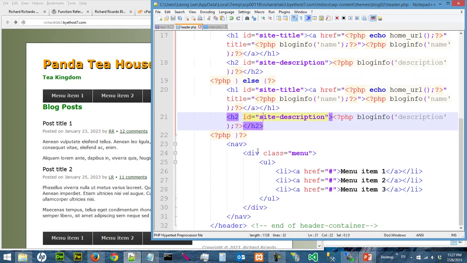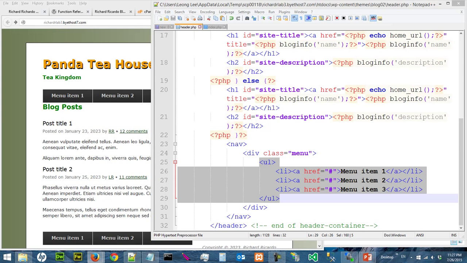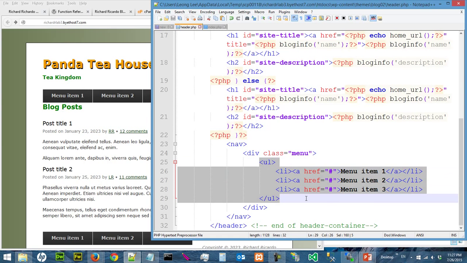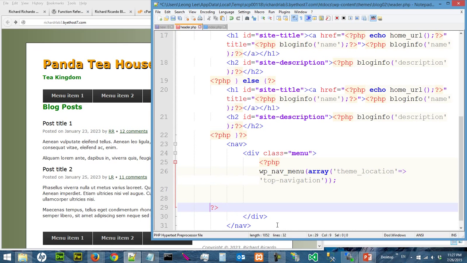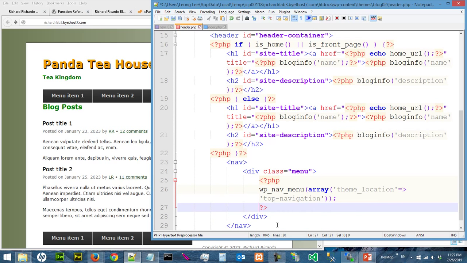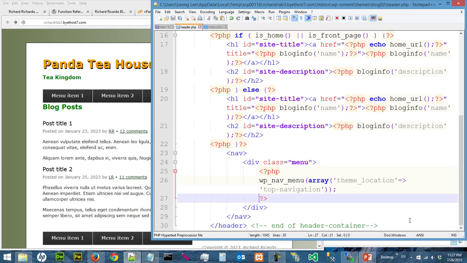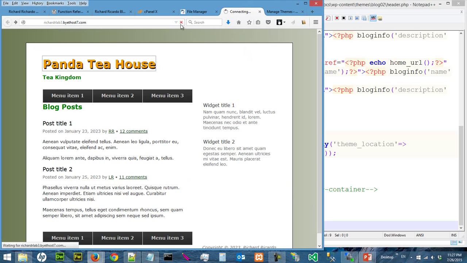And then we have the navigation menu, and obviously you do not want this hard coding, you want something else. So you have to replace this with the PHP tag that actually loads the navigation. So let's delete this, load the PHP tag that actually does the navigation. Let me make this slightly bigger, and when you reload,